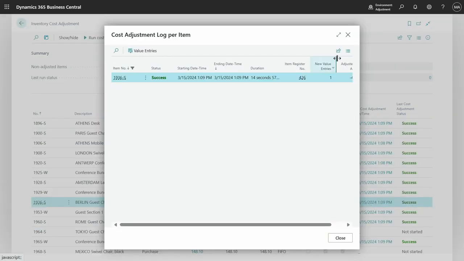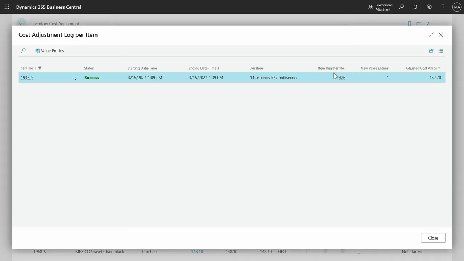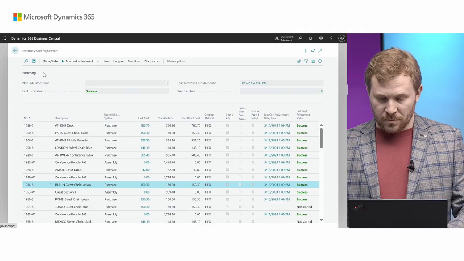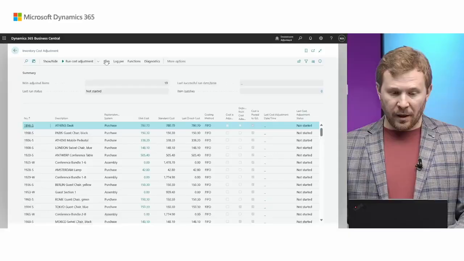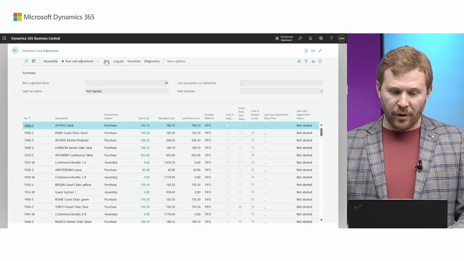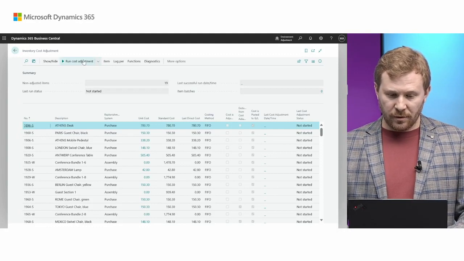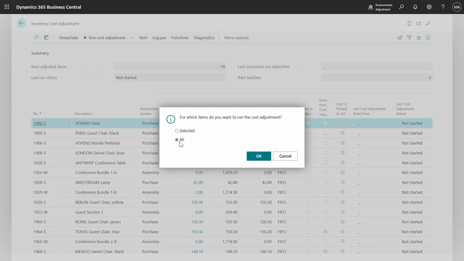So here we are. We see that the cost adjustment of this item resulted in this cost difference, and I also can see the details. Now let's take a look at a second, not so bright scenario. In the second scenario, we run the cost adjustment again for all items,